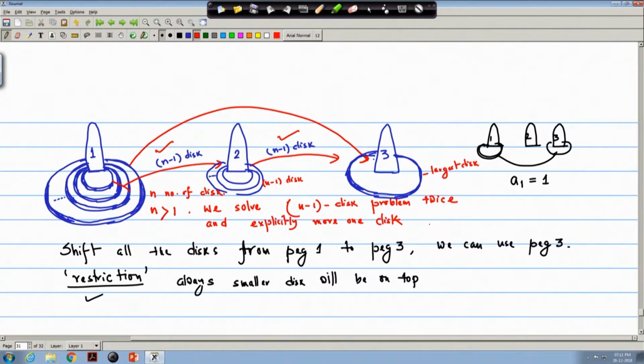So, what is the recursive approach? We know that for n equal to 1, I need only one move, that already I have explained here. I need only one move,